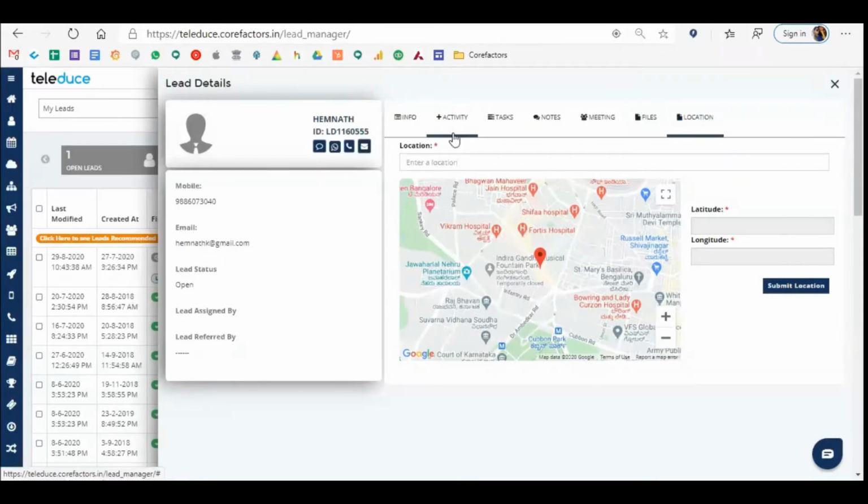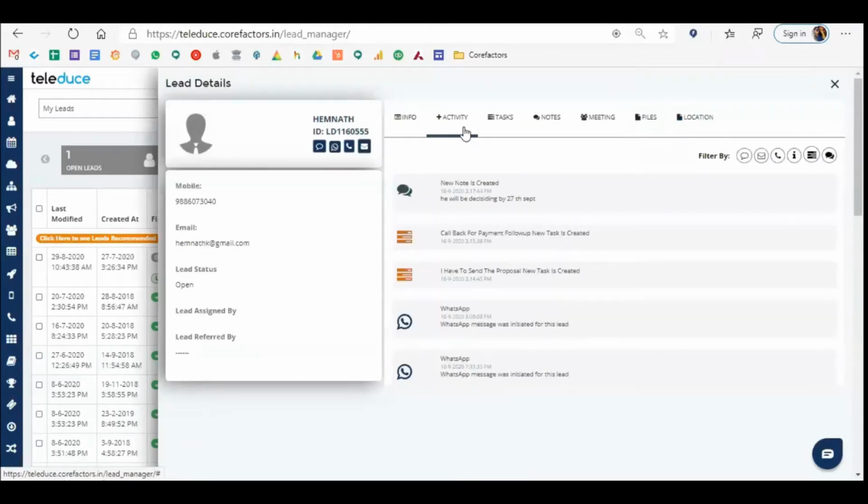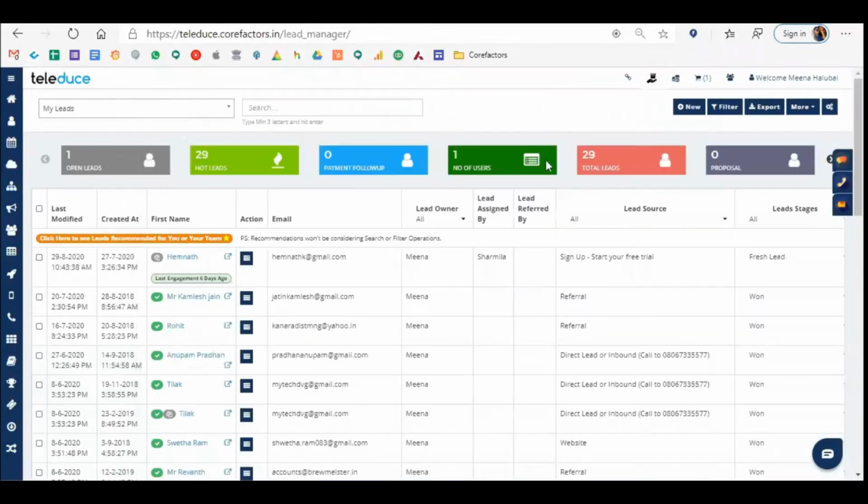These are the informations that will also be captured in the activity log. As and when you or your sales team members update things, it will be available in the activity log. Now coming to other features like filtration, or how business owners can see other users' information. For example, the entire Teleuse platform is user based or based on subscriptions. We all know about that.